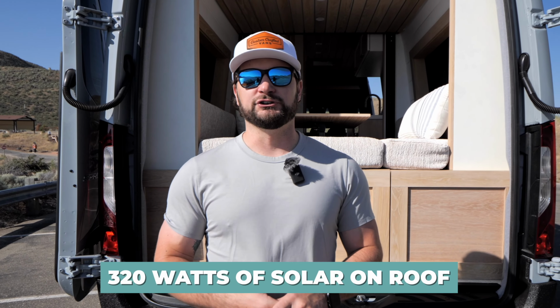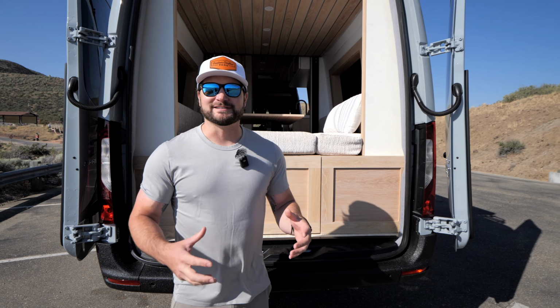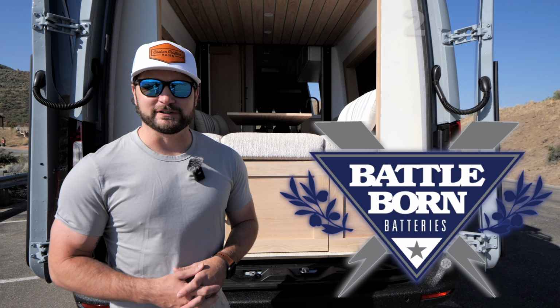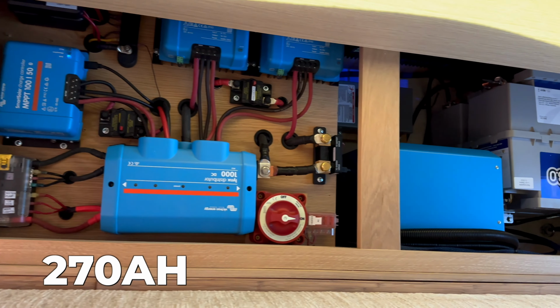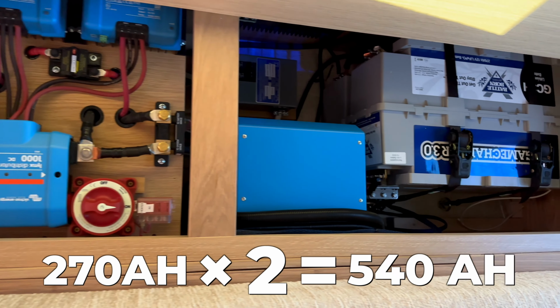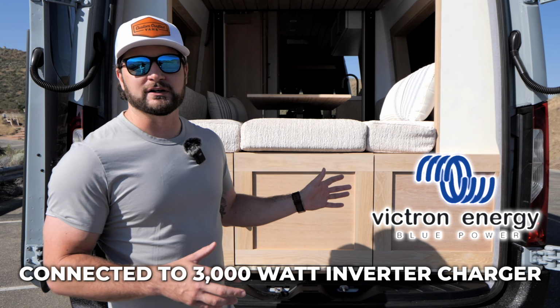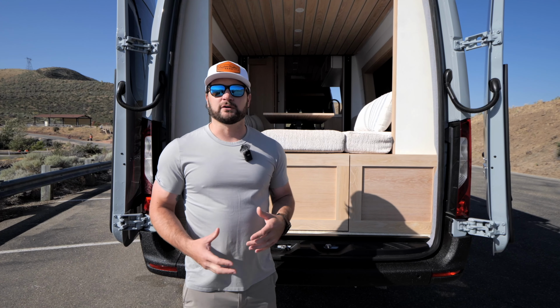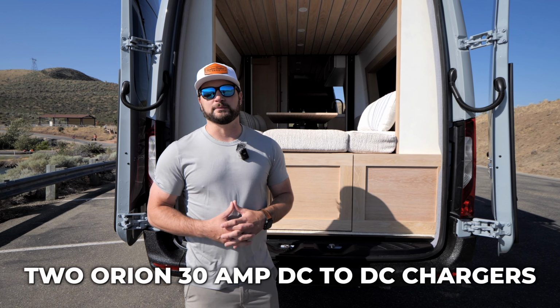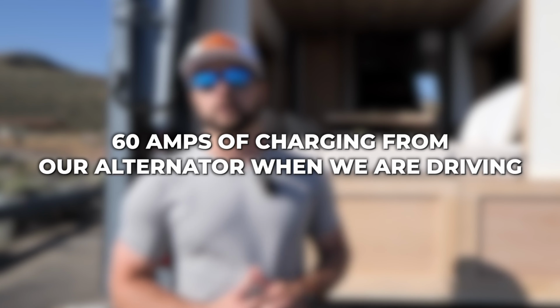We've got 320 watts of solar on our roof that feeds into a battery system powered by Battle Born batteries. We have 2 GC3s, that's 270 amp hours times 2, so 540 amp hours of lithium battery power connected to our 3000 watt inverter charger from Victron. We also charge by driving with 2 Orion 30 amp DC to DC chargers, so we're pulling about 60 amps of charging from our alternator